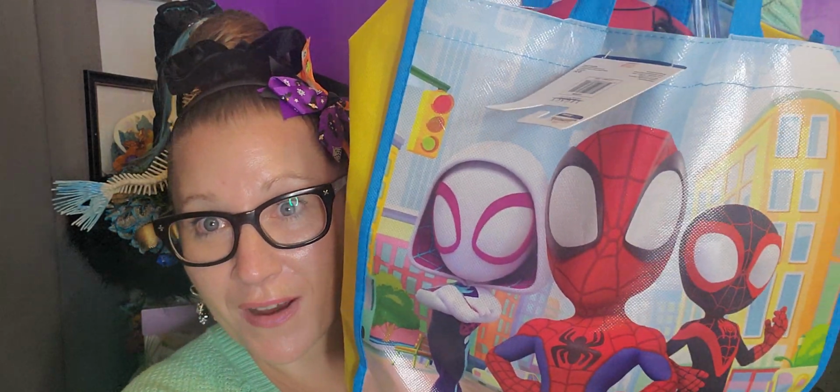During yesterday's little gathering, I did want to give him a little gift, not the one that we're actually giving him, but a little gift to give him during his friend's birthday party. And so I made him a gag gift with all Dollar Tree items, and I picked up this fun tote